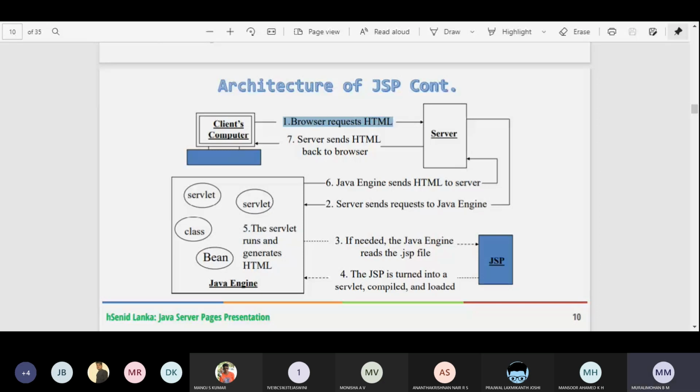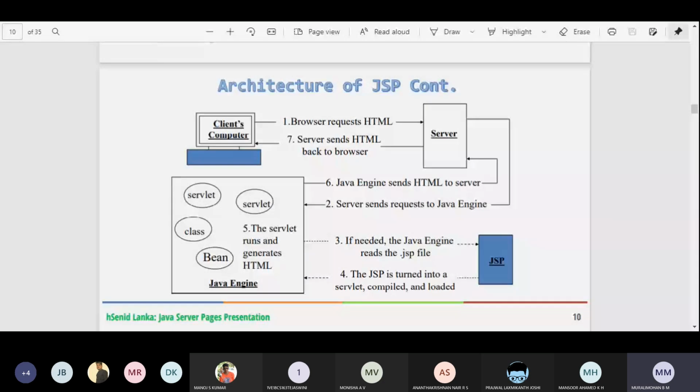Now the server sends this request to the Java engine, where the Java engine contains all the servlet classes, beans, swings, all those things.